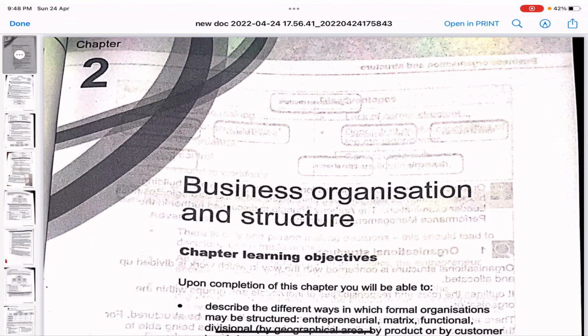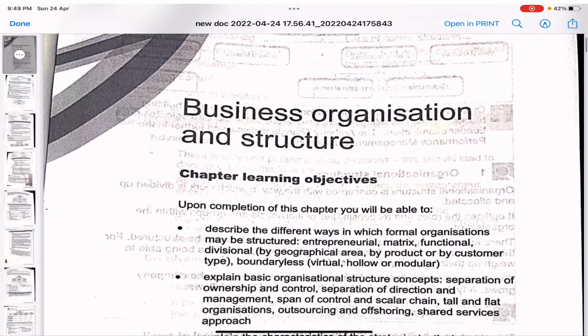Hello everybody, welcome back. So today we're going to do part 2 of chapter 2 ACCA F1 Business Organization